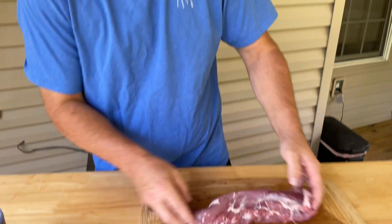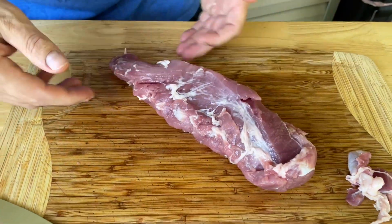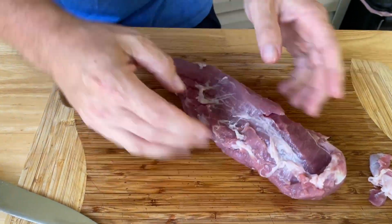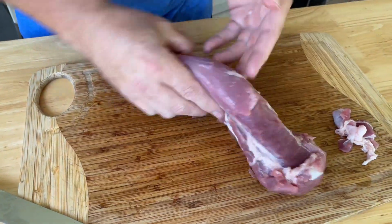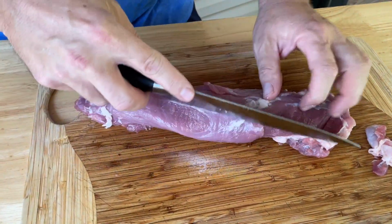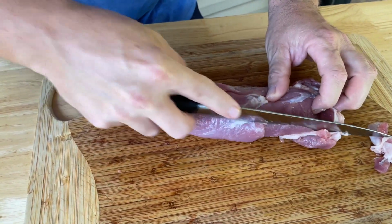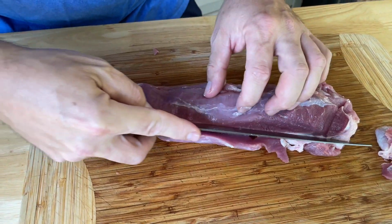All right. First thing you want to do is make sure that your pork tenderloin is pretty much uniform, okay? Typically the tail, don't worry about it. This is your zone right here, okay? Find a good spot, find a flat spot, find a thick spot, okay? And imagine your knife just going right down it, okay? Just a little bit, okay? And every time you do that,